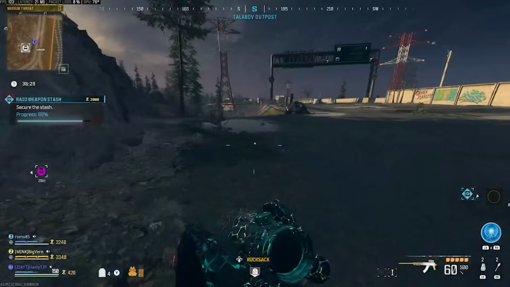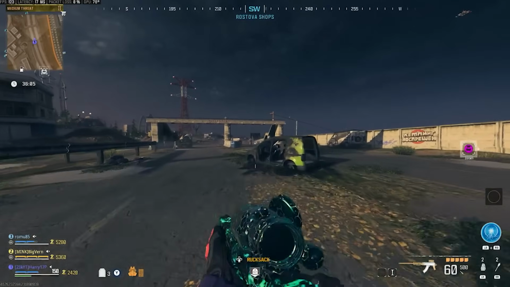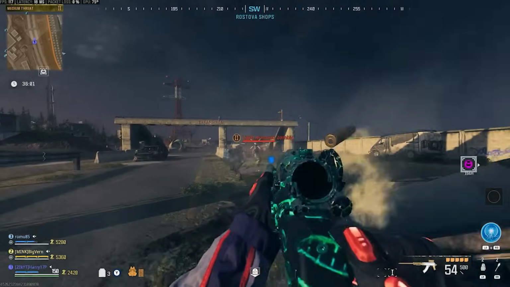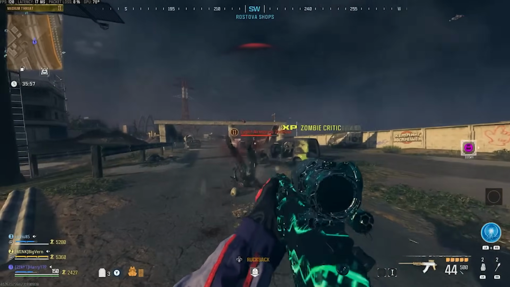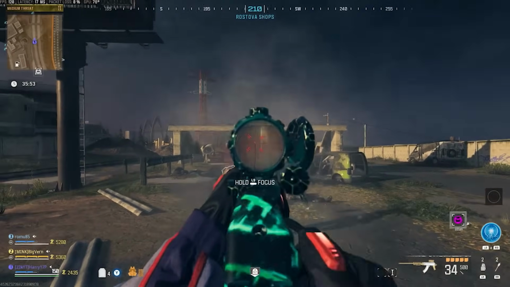Now let's try and find some more zombies and see how quickly we can take these out as opposed to those last ones. Okay, so here we go. We've got a couple of zombies spawning in front of us. Let's see if I can hit my shots. Let's see how quickly it is going to take them out. This zombie is on crack, how fast he's running at me. So even with it pack-a-punched in the tier 2 zone, I know I'm not hitting headshots every single time, but...